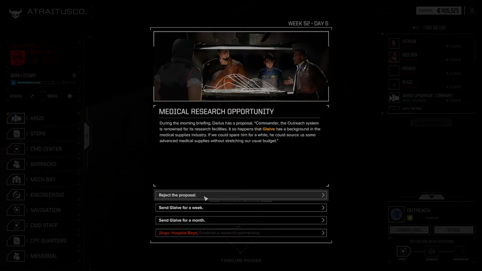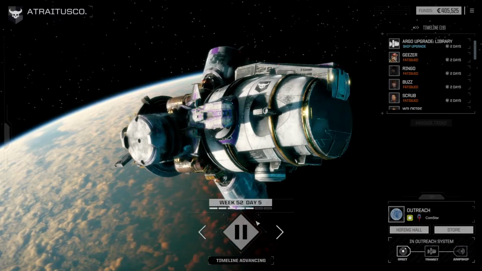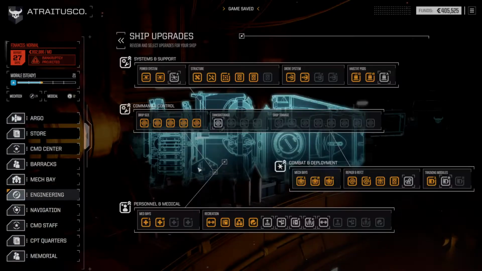You know what? We'll give Glaive a week. We won't need him for a week, for sure. So that's a +2 medical point boost, which isn't the biggest of deals. That's the library finishing up, and we are going to...